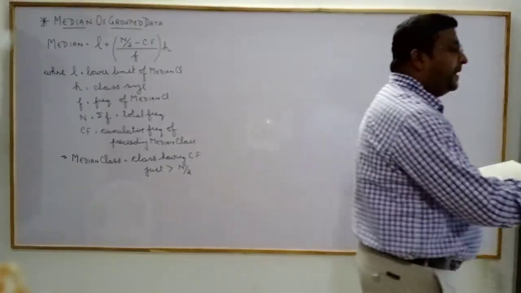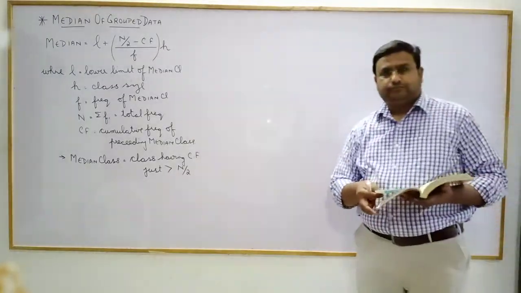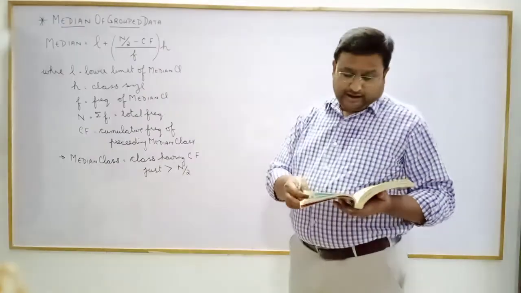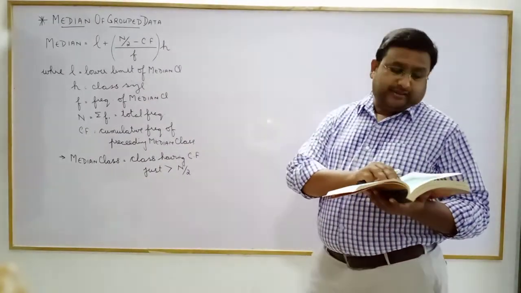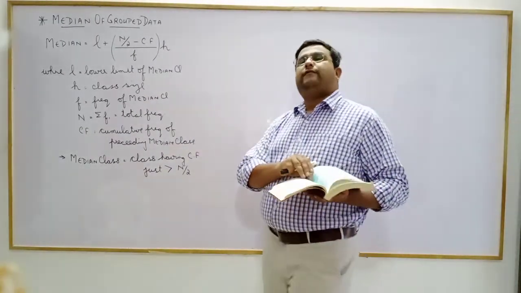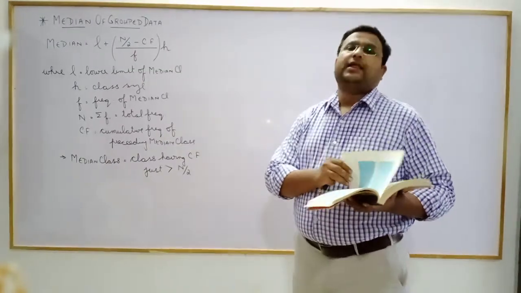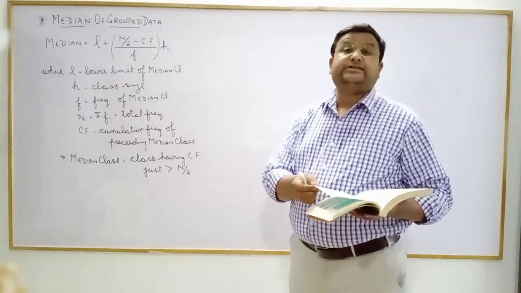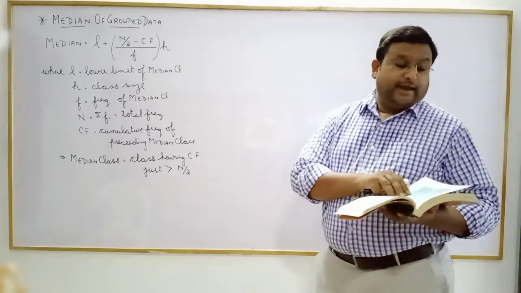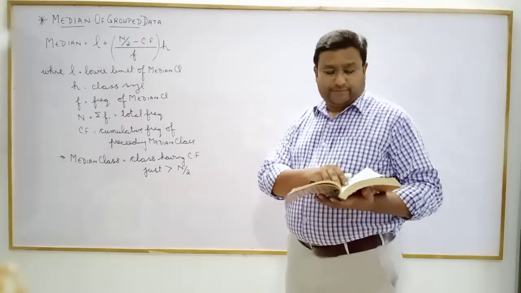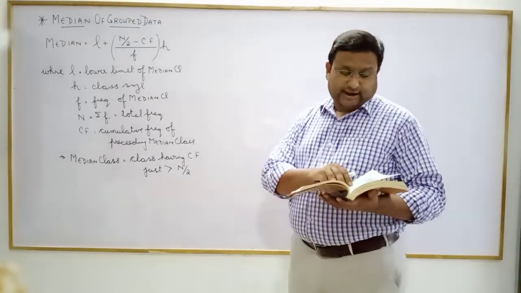In your textbook, page 287, exercise 14.3. If you leave out question numbers 2 and 3, for the rest of the questions you have to find the median straightforwardly. The second question is of missing frequency, we will do that topic separately. And the third question is again of the below-than and less-than type, which we will discuss separately.